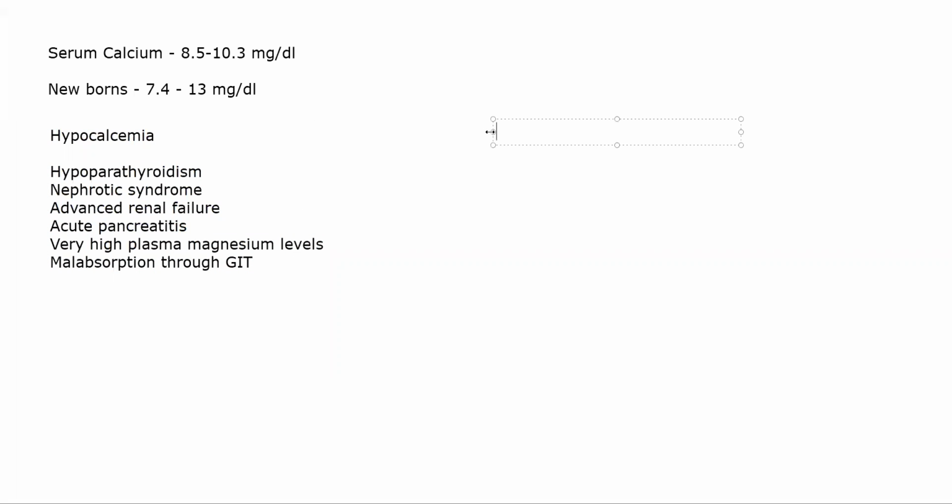Then we have, on the flip side, hypercalcemia, where there is specifically an increased amount of calcium in blood. One obvious reason is hyperparathyroidism. Because of hyperparathyroidism, hypercalcemia can occur. If there is more parathyroid hormone, PTH will remove a lot of calcium from your bones, calcium phosphate and all of that, and put it into your blood. Or if there is cancer, malignancy, or if there is Paget's disease,